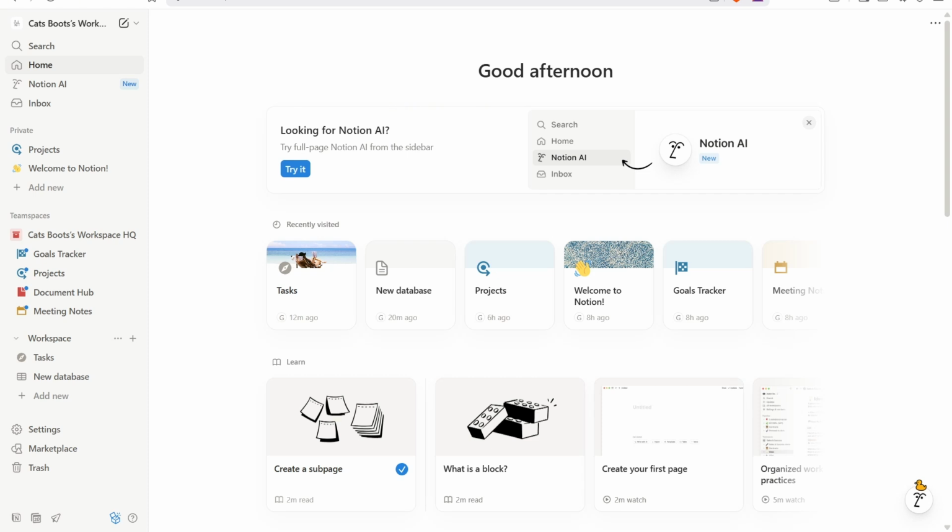In this video, I'm going to show you how to leave a workspace in Notion. Let's get started. After successfully logging in to your Notion account and being able to access the homepage, the first